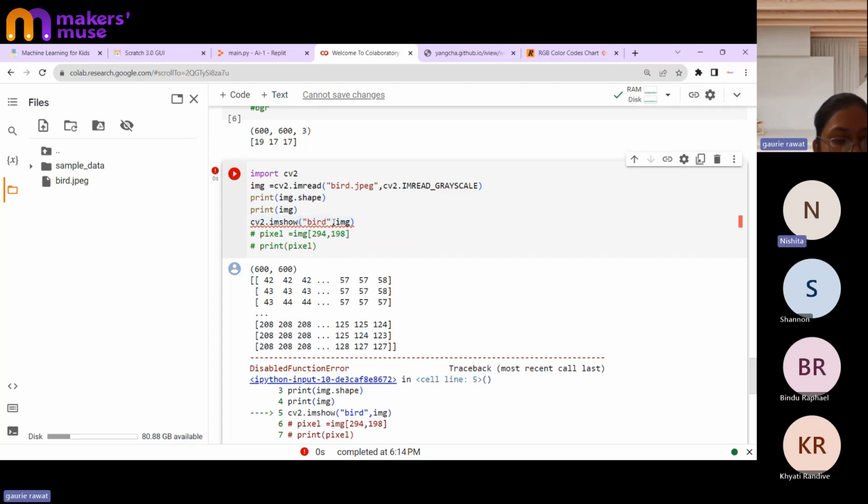Ma'am, this cv2.imshow should also be assigned to a variable? No, no, no. That's not compulsory because basically over here, we wanted to just showcase. So it should not be assigned to a particular variable. I think this imshow command is not working up over here. Because sometimes I've checked on the REPL, this command used not to work.